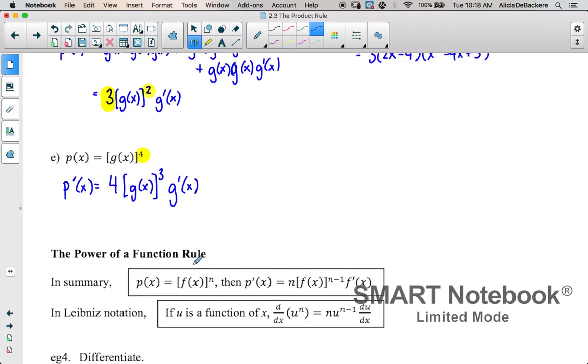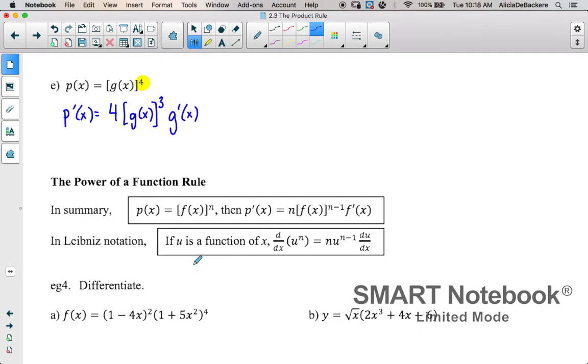We call this the power of a function rule. And later on in lesson 2.5, you're going to find that this is very similar to the chain rule. It's actually the chain rule with powers, is another way for me to think about this one. The chain rule actually applies to way more different types, and that's why I'm specifically calling this one the power